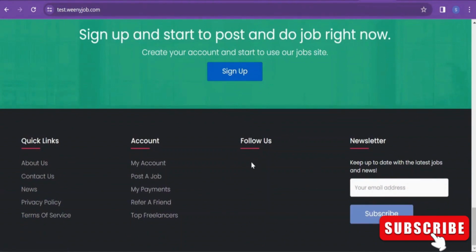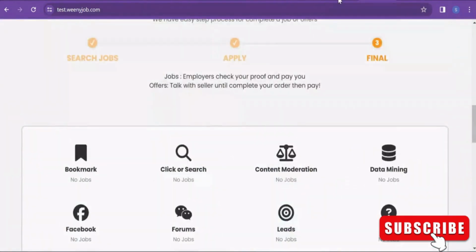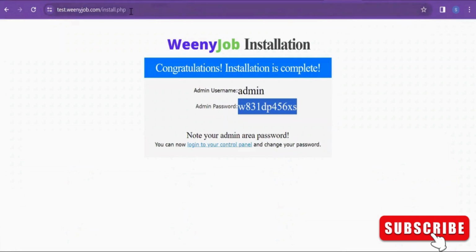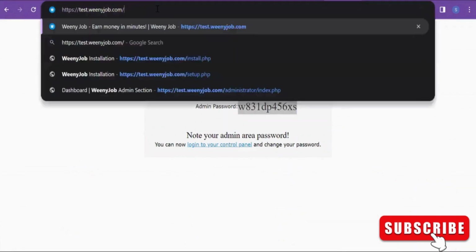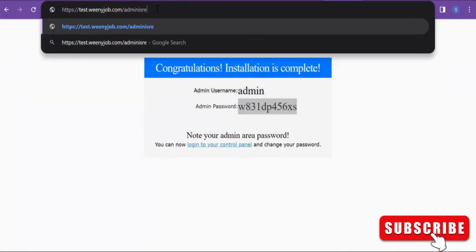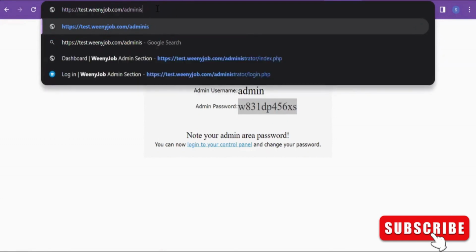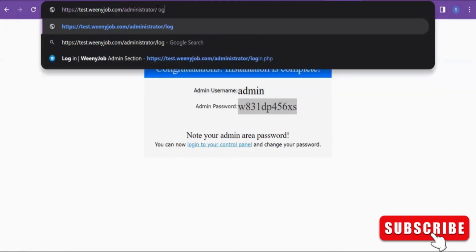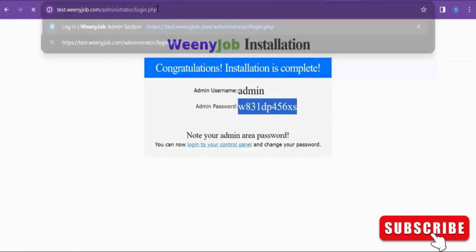Here you can add your social media links from your administrative area. Let me show you. administrator/login.php.